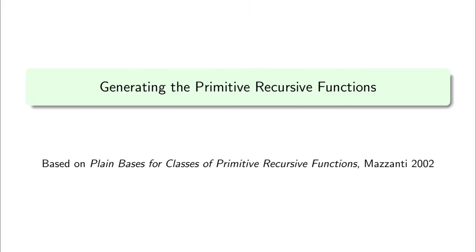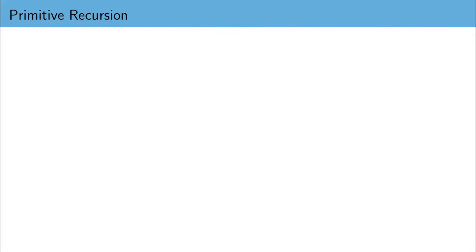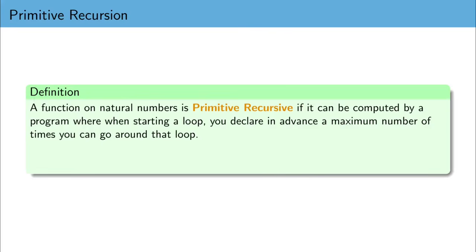result. I'm assuming you've seen my other videos on the primitive recursive functions, but just to remind you of the broad intuition, a primitive recursive function is one that can be computed by a computer program that's very careful not to go into any infinite loops. Specifically, every time it starts going through a loop in the code, it declares in advance some value, and if it goes more than that many times around the loop it terminates early. This includes for loops and while loops, but also includes loops caused by functions calling themselves, either directly or inside